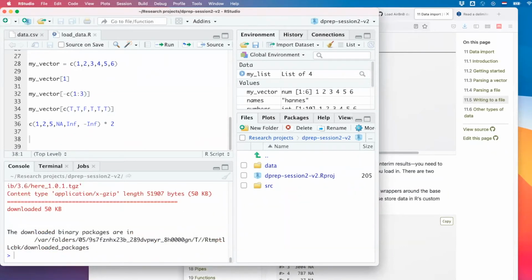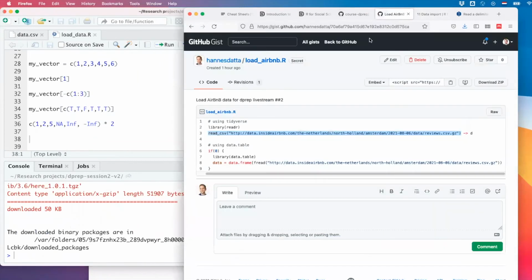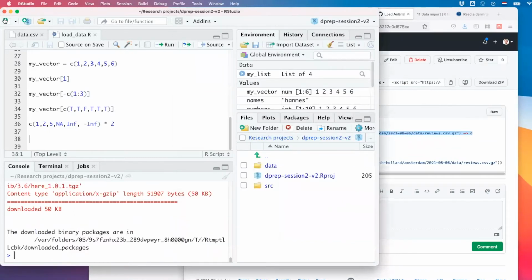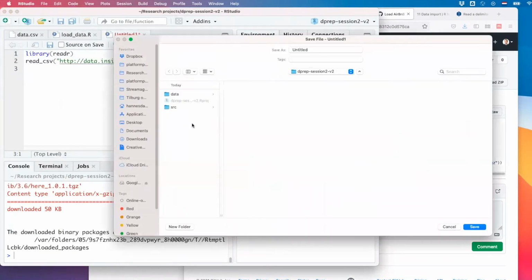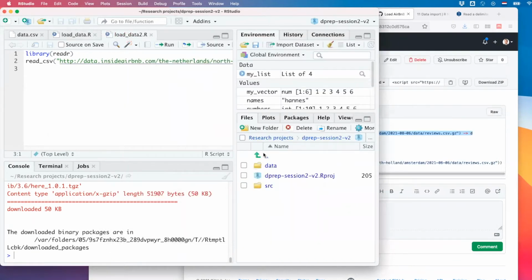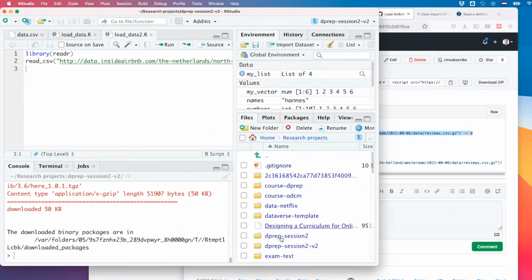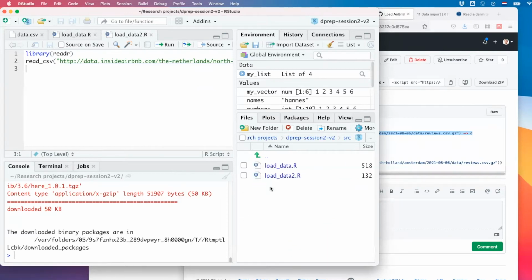And then the other thing I wanted to comment upon is in loading the data. I start a new file, and I'm saving this as loading data. Sometimes it happens when working empirically that you write a script and you put different stuff in the script than you intended to.